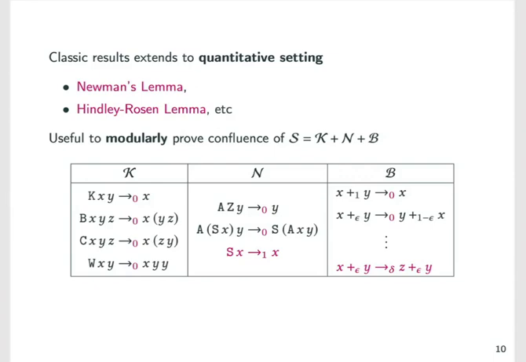modular way. So that, for instance, if we look at our system, we see that it is essentially based on three systems. And therefore, we can start to develop techniques that tell us, well, if you can prove quantitative confluence of all these systems separately, and if you have some additional properties, then you can obtain confluence of the whole system and these kind of things.